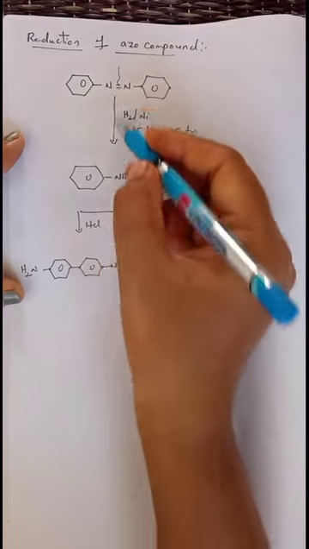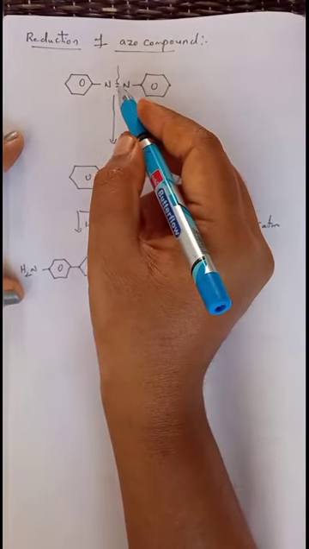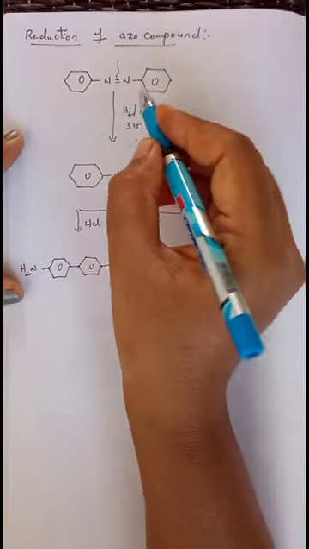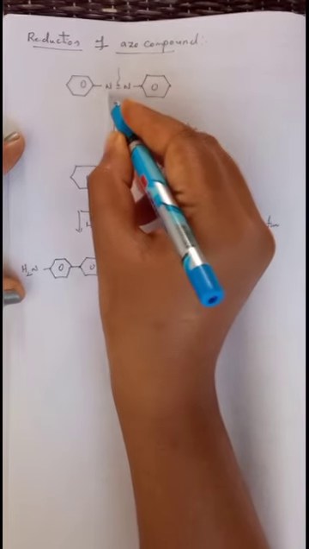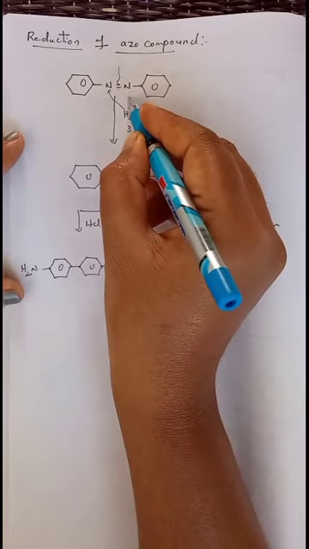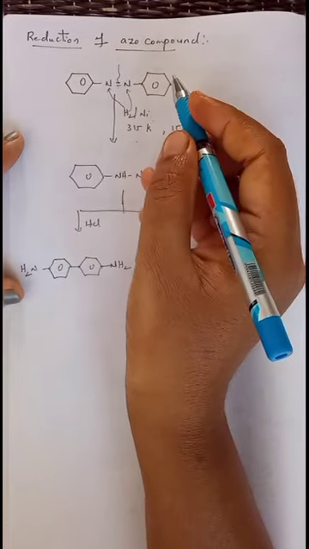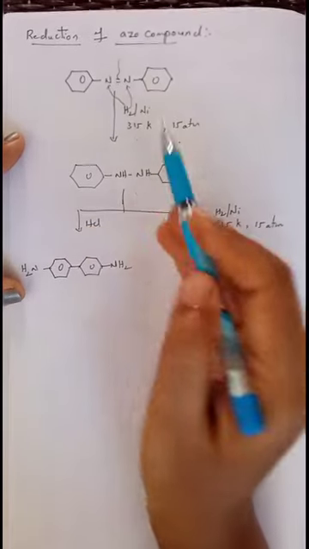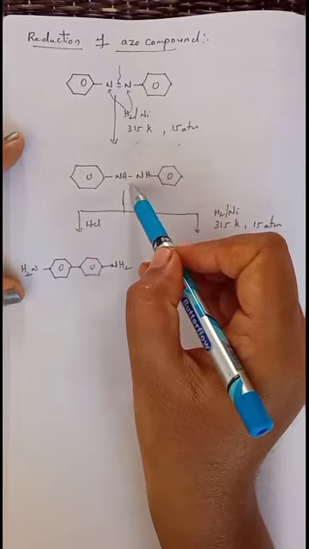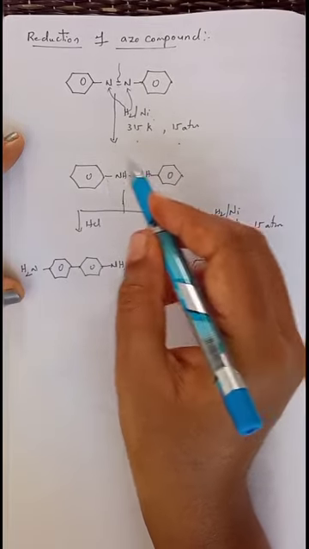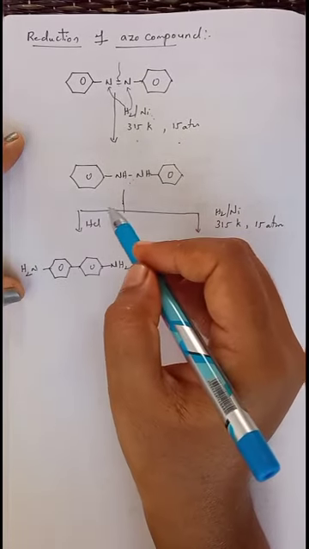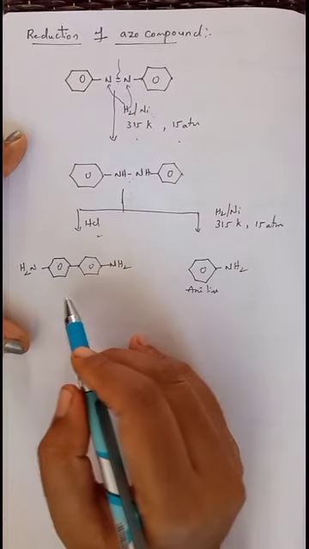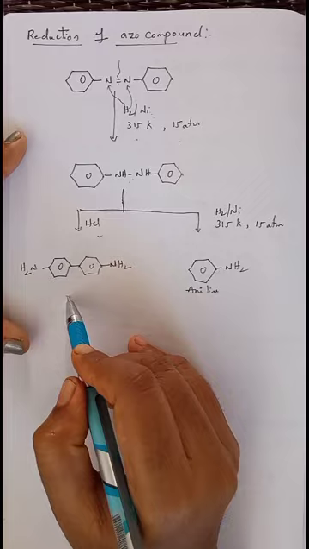So then what happens? Because of breaking the pi bond between the two nitrogen atoms, each nitrogen becomes one less valent. So one hydrogen is added to one nitrogen, another hydrogen is added to the next nitrogen, and it converts into NH single bond NH. The double bond is converted into a single bond. Okay, clear? Now after the first reduction, it undergoes one more reaction when it reacts with HCl gas, and we will get this product as the final one.